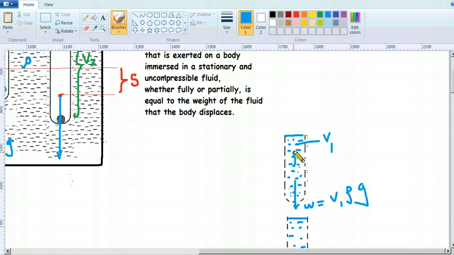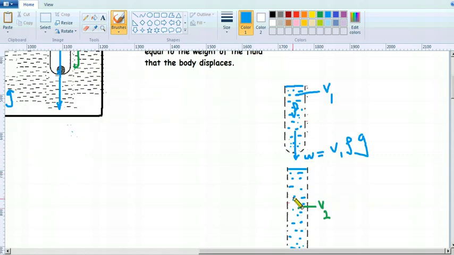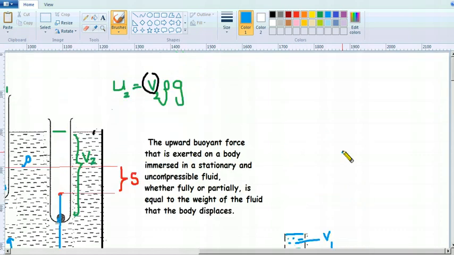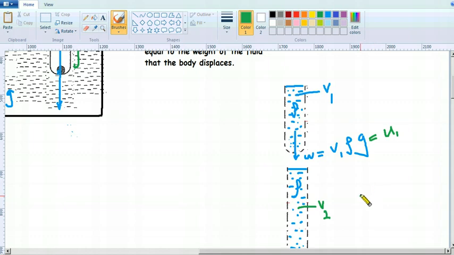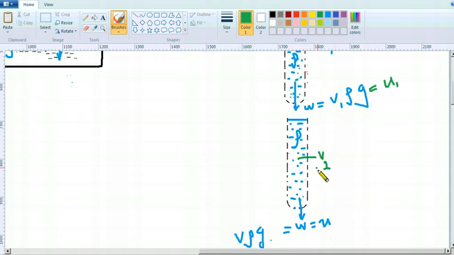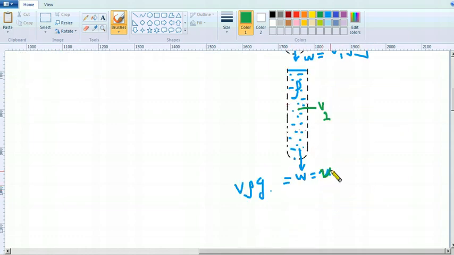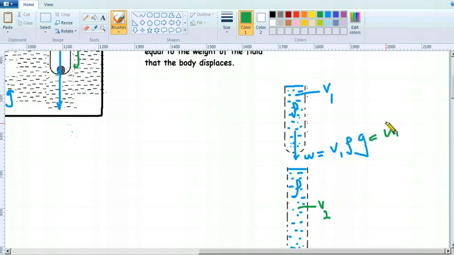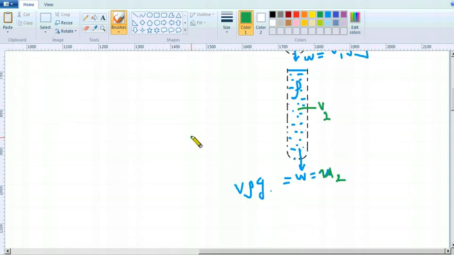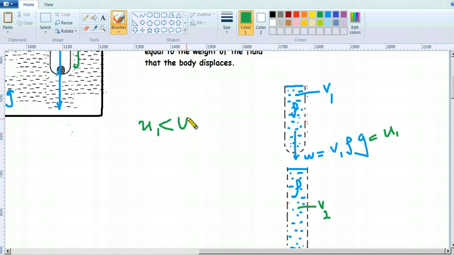Rho is the density of this water, the liquid. So Archimedes said what? That weight is equal to upthrust. So that is why we equate it to upthrust. So the upthrust at the first time, U1, is smaller than U2, the upthrust at the second time,